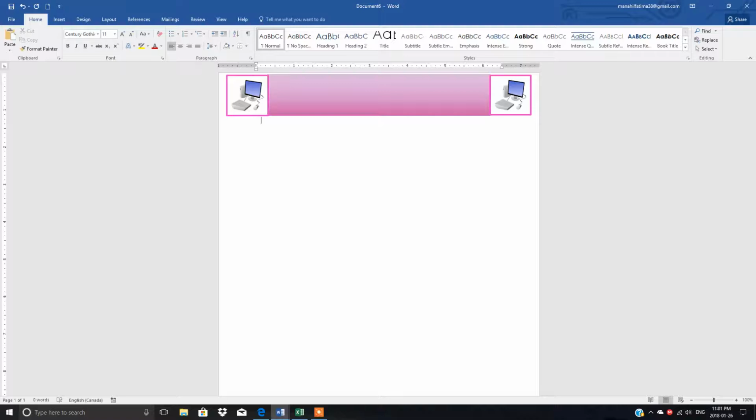Here in the letterhead you can write down the name of the company, the address. I can write down, suppose, 111. This is just a supposition, anything.